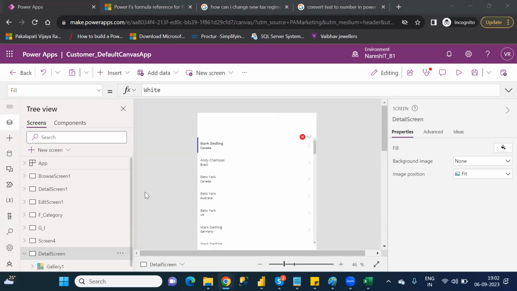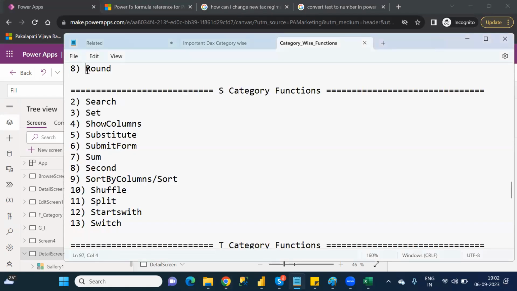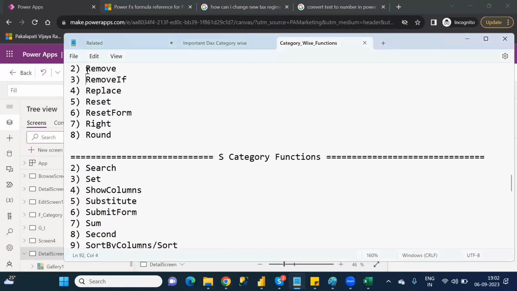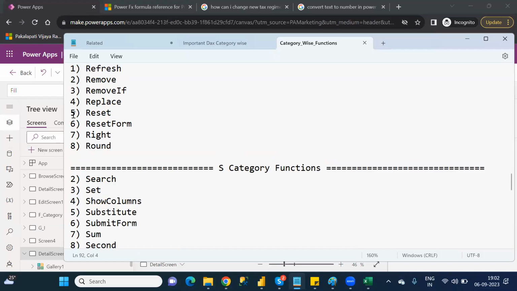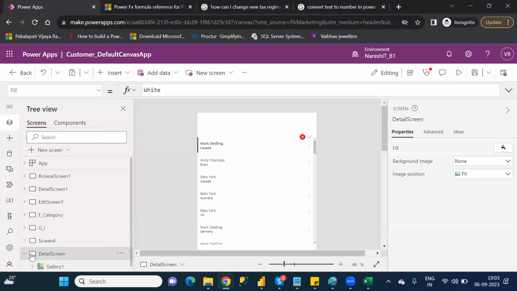Okay. Yeah. Let's discuss the other functions. So, a reset function we discussed up to the reset function, right? Okay. So today we need to discuss the reset form. What will the reset form do? Let's see here. Suppose, for example,